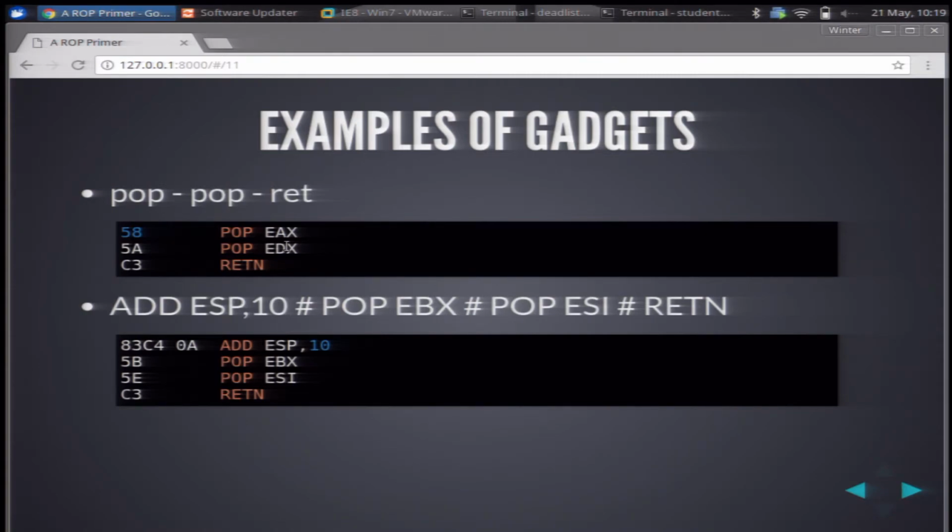Whenever this gadget executes, it'll pop the value that I want into EAX, and then it'll just pop junk into EDX because I don't care. And then it will return. On my stack, I'll have another memory address for the next gadget. It's going to pop that off into EIP and then execute the next gadget. The next example is a little bit different. Let's say that I need to add 10 to ESP. This is a bad example because normally you don't add something to ESP, but let's pretend